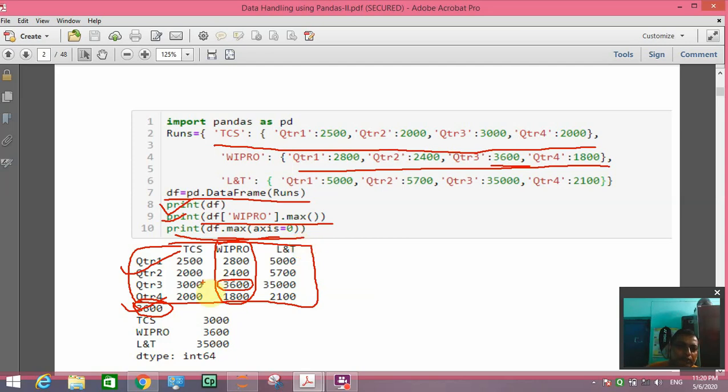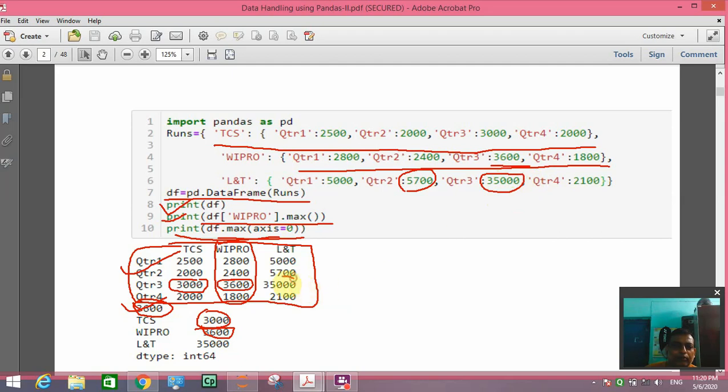So in the TCS column, what is the maximum value? 3000. Wipro we have already checked, 3600. L&T maximum value is 5700. No, sorry, it is 35,000.